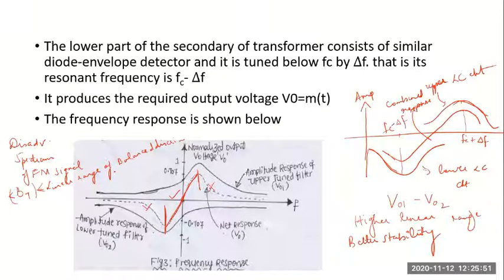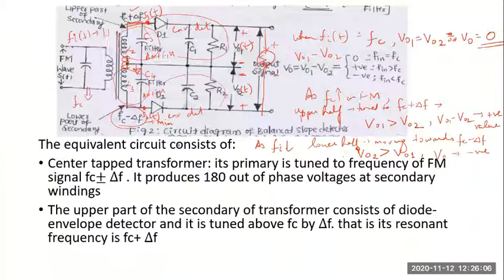And the second one is, since we are using dual tuned circuits, even if they are not perfectly aligned or balanced, see, the main essence of this is both the upper half and lower half should work exactly similar. In the sense, whenever the carrier comes, both should generate the same level of voltages V01 and V02, and that should cancel out and give you final output as 0.